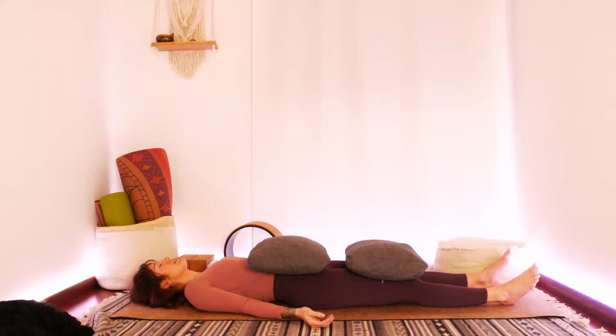Releasing any tension now that you're still holding throughout your body. Personalize your scan of your body. You know your body better than anyone else. Go to those areas that you normally hold tension